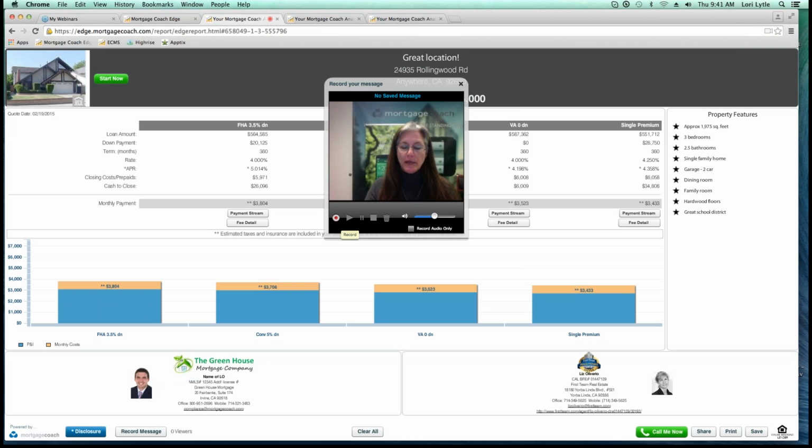You have the Record button down below, the Play. You also have the option to pause it. So if you're in the middle of recording and want to pause, you can pause it. You also have the Stop, as well as if you want to remove the video, just press that trash can, it removes it. But this is the time you want to reach out to that realtor, providing them advice,